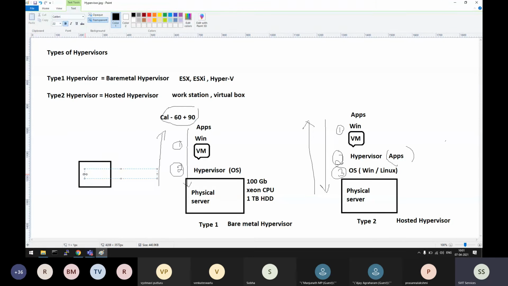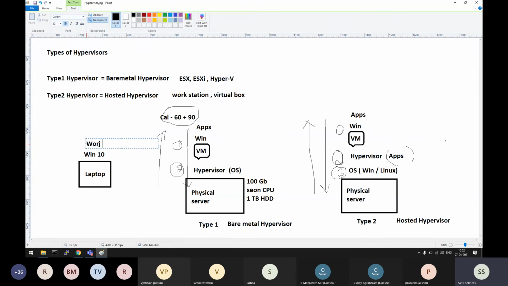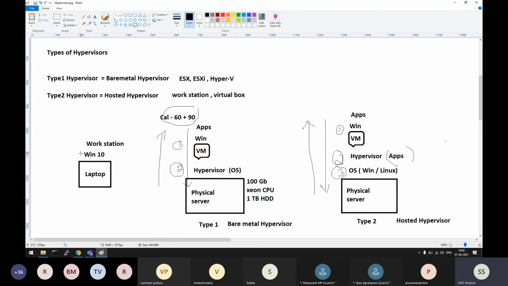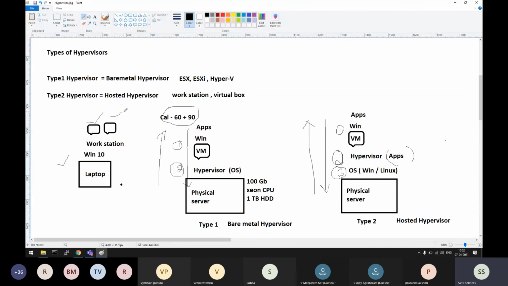This is your laptop. Install Windows 10. Okay. Install product called Workstation. దాని మీద వర్చువల్ కంప్యూటర్స్ని క్రియేట్ చేసుకోవచ్చు. అప్పుడు మీ ఇక్కడ ఆల్మోస్ట్ 3 కంప్యూటర్స్ ఉంటాయి. ఇది టైప్ 2 హైపర్వైజర్. ఒక ఓఎస్ కంపల్సరీగా ఇక్కడ ఉండాలి. ఈ వర్క్ స్టేషన్ అనేది డైరెక్ట్గా హార్డ్వేర్ మీద ఇన్స్టాల్ చేయడానికి పాసిబుల్ కాదు.